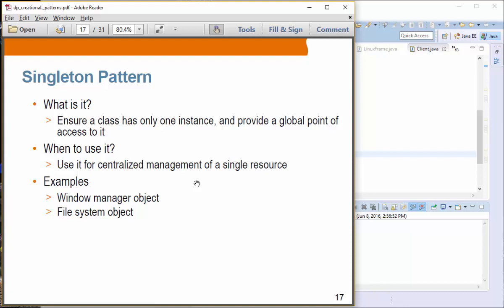When to use it? When you need to have centralized management of a single resource. So examples are window manager. In a single application, single system, there should be a single instance of window manager, and then you need to have access to that window manager. It could be a good candidate to build as a singleton. File system object. So there could be a single instance of file system object